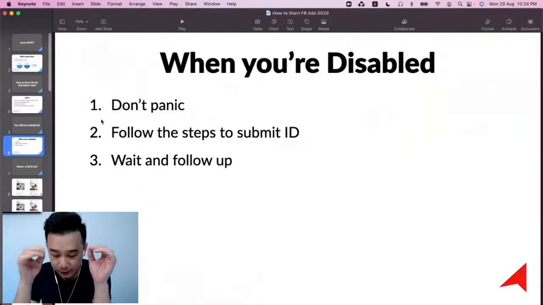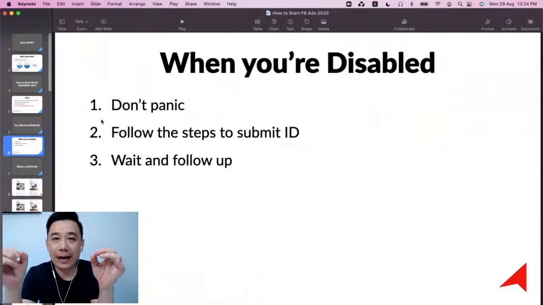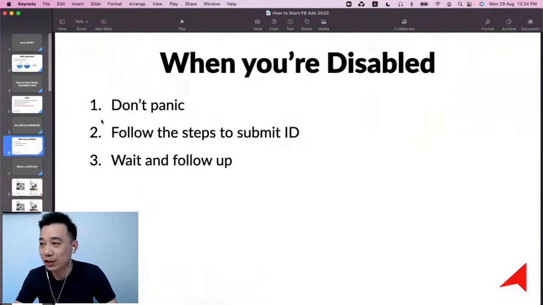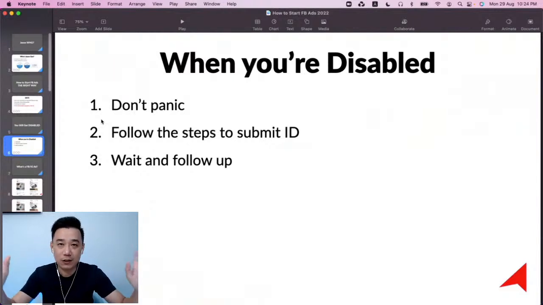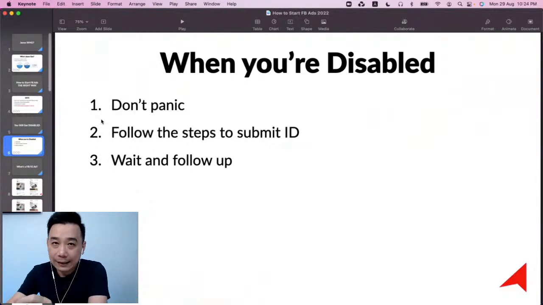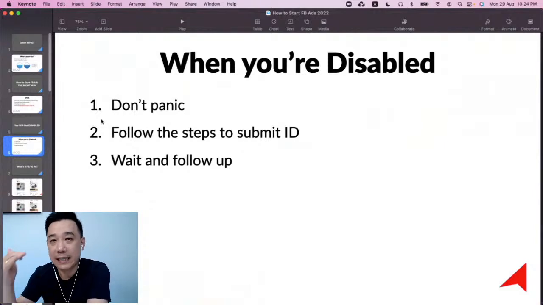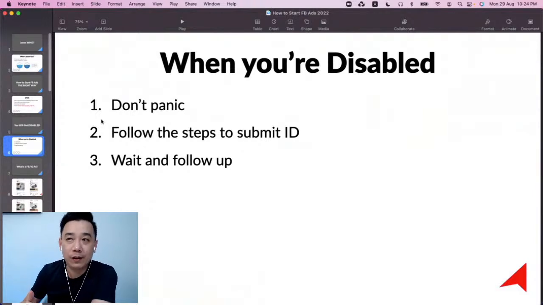Now, here's the thing. A lot of people, once they submitted their ID, thought that this is it. I'm just going to stop here and everything's going to be fine. No, the answer is no. You can't just submit your ID and expect things to get back. Once you submitted your ID, they will verify you as a real person. Then if your ad account is disabled and all that, you probably will have to come in again and request another review to get your account recovered. So there are things you can or can't do over here, my friend.